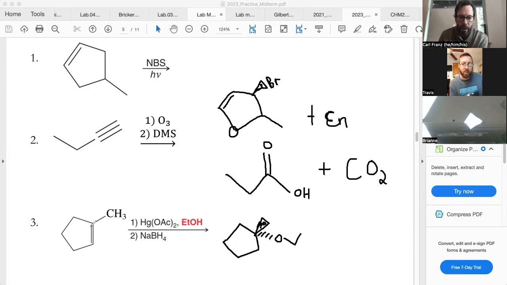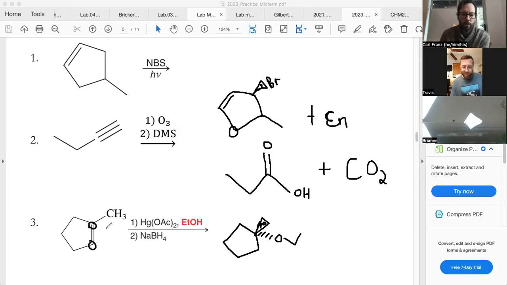Okay, so if we're looking at this double bond here, that double bond breaks, where is that oxygen going to go? It's going to go to whatever is most substituted. And this carbon here is tertiary. This carbon here is secondary. So that's why we tack it onto the methyl group, or the carbon that has the methyl group. Right.